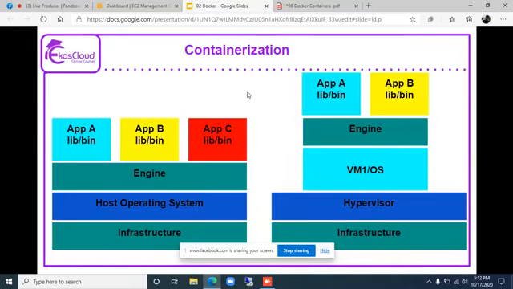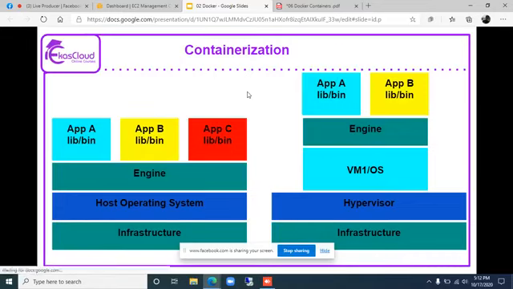Now you might have understood what is containerization. In older days, the traditional way, in a single operating system, multiple applications would be installed. Sometimes there may be a problem. So to avoid that, multiple physical machines were used. With the help of virtualization technology, applications are isolated by creating multiple virtual machines.